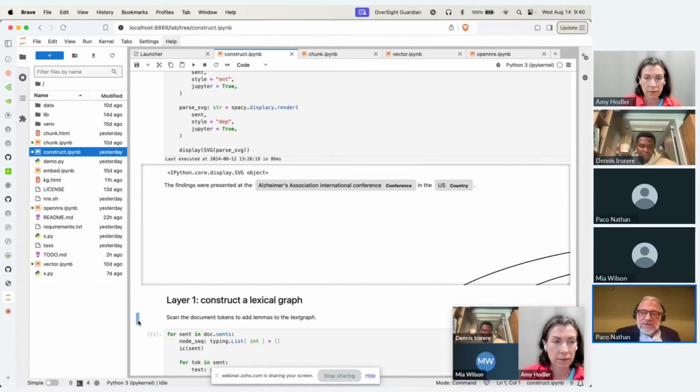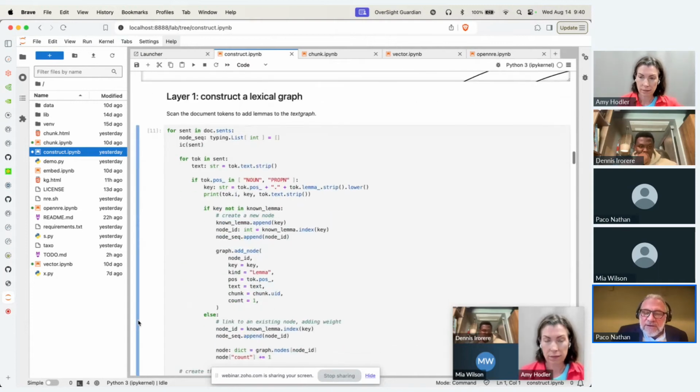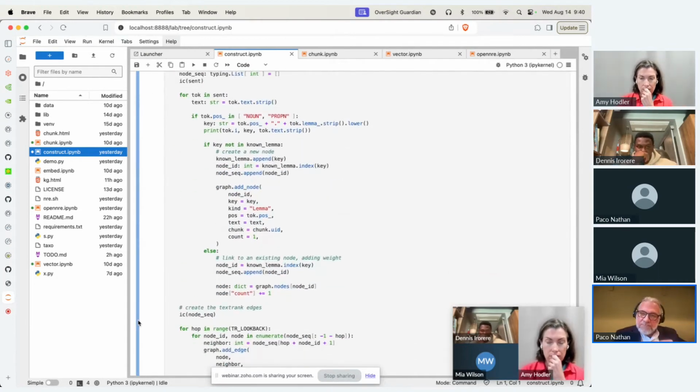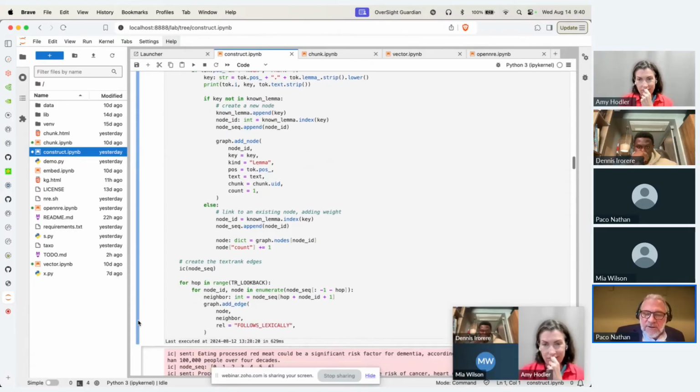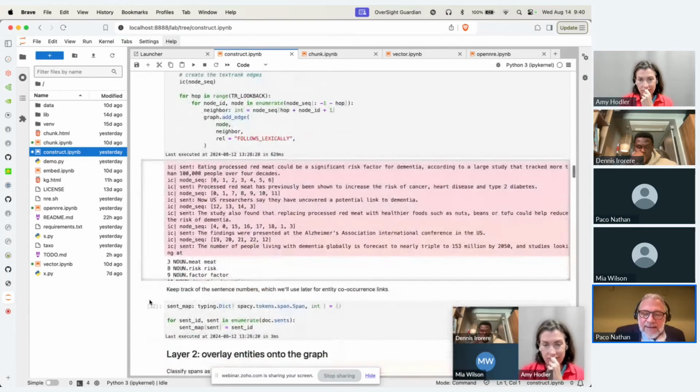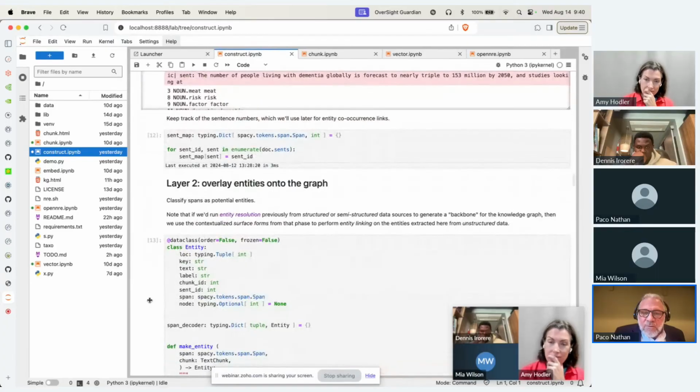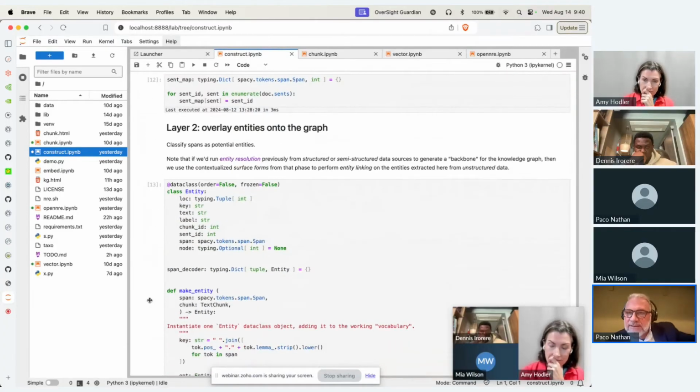From the parse trees, we want to start linking them together into a lexical graph. Here's some code for going through and building up a text graph representation. Then we're going to take a look at the named entities we parsed out and overlay those on top of the lexical graph, linking them in.